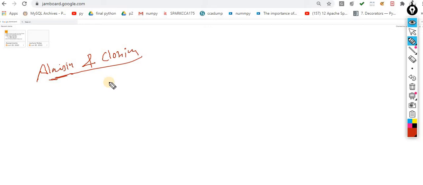Aliasing means giving a nickname. Let's suppose the name is Ram Kumar Sharma, a very huge name. Let's suppose Ram Kumar Sharma is a list, this one is the variable name. Make it more sensible.